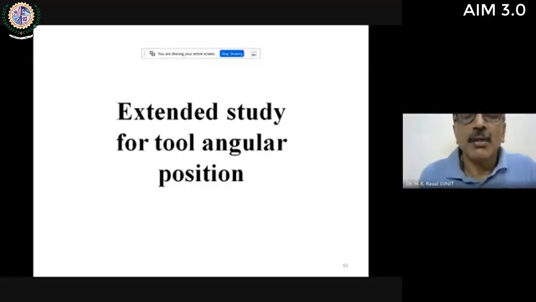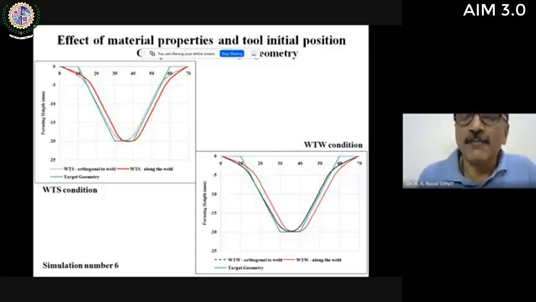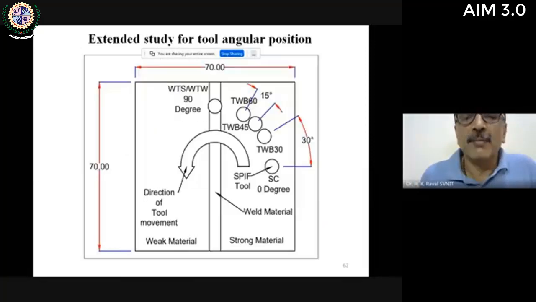So this particular study was further extended. What is the extension of this? We have attempted to study various angular positions of the tool as a starting point. You can see here these are the various angular positions we have discussed. Strong center starting position, these are weld starting positions, weld to strong, weld to weak, and in between